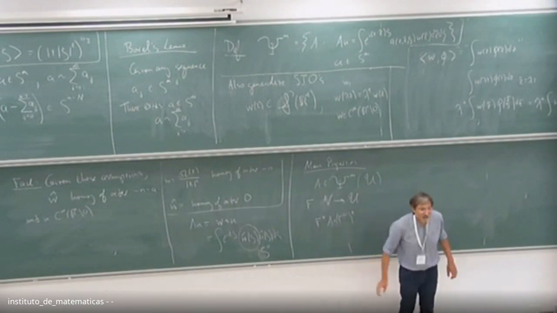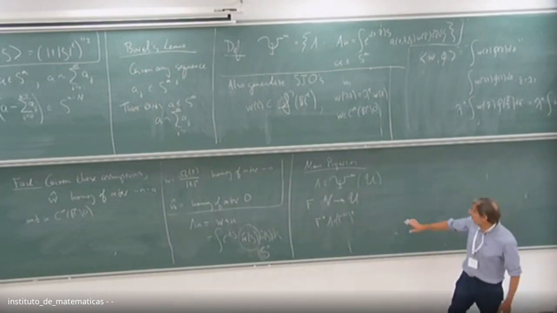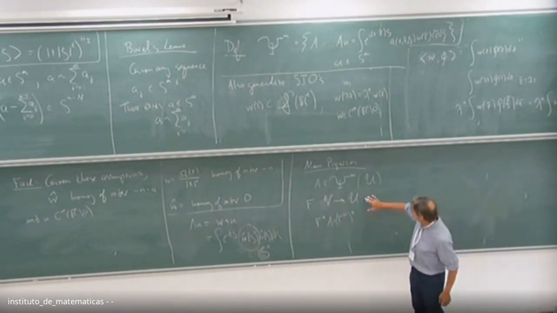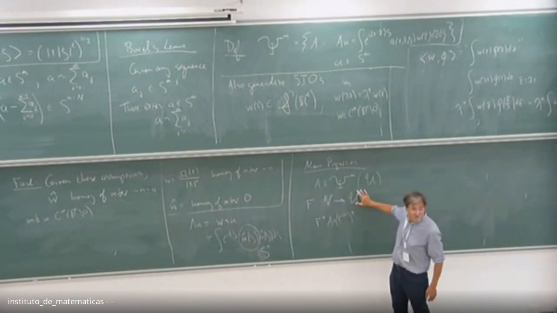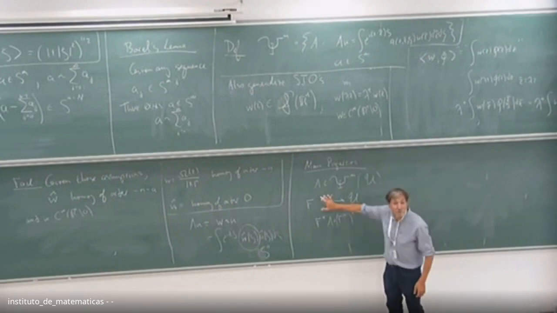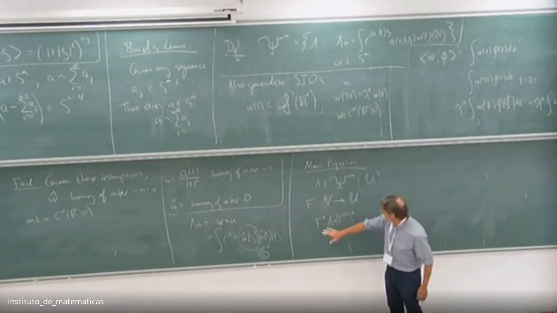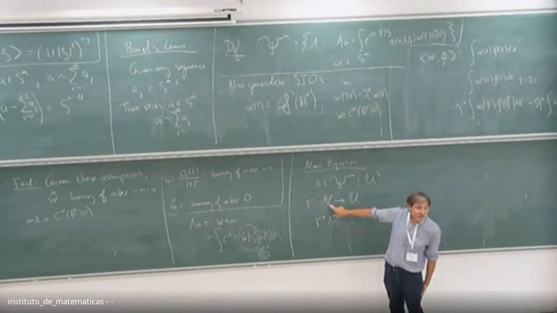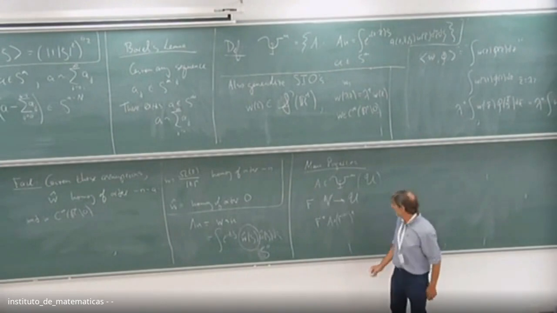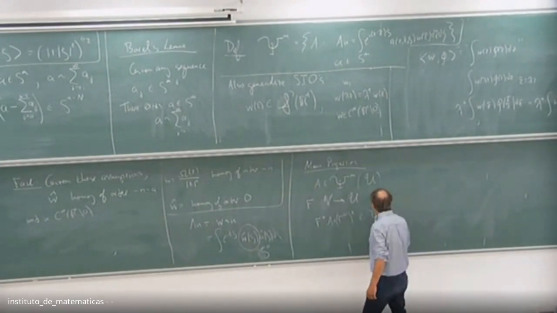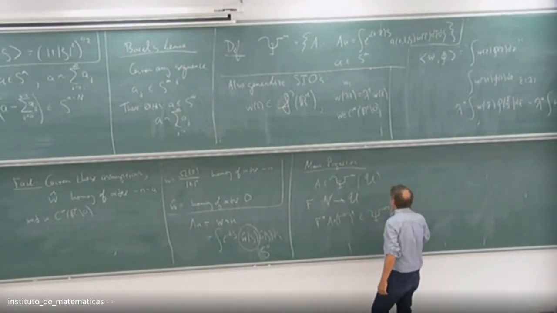It's one or the other. So I conjugate by pulling back. Namely, I take a function here, pull it back to here, apply the pseudodifferential operator, and then pull it back to V. So this is clearly an operator on things on V. Start with something on V, pull it back to U, apply this formula on U, and then pull it back to V. The claim is that this is a pseudodifferential operator on V.